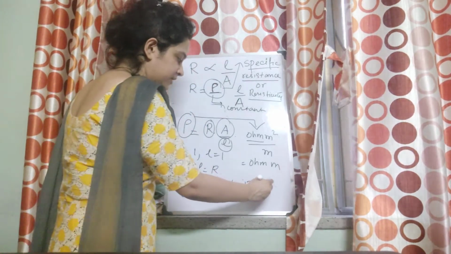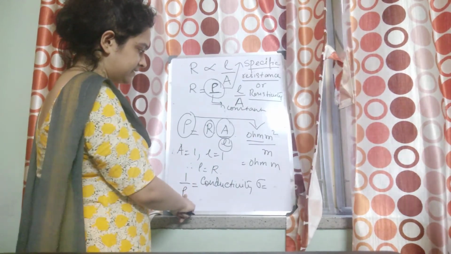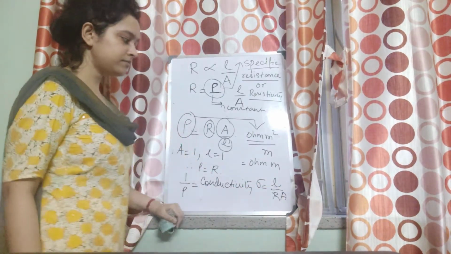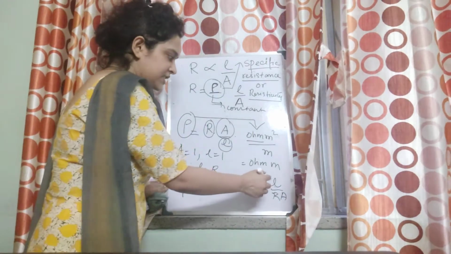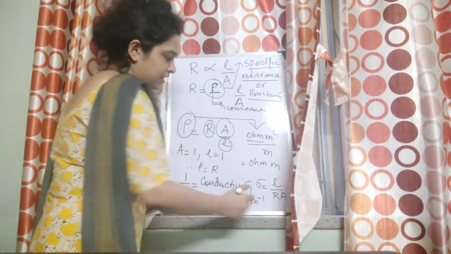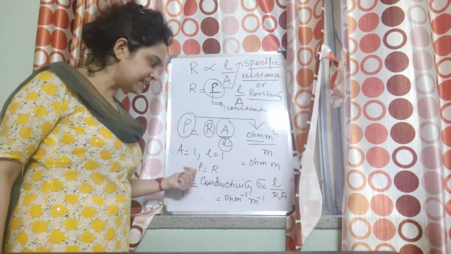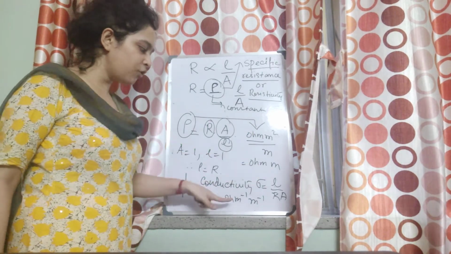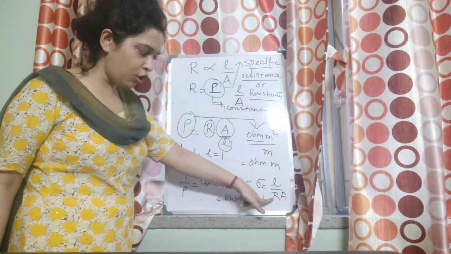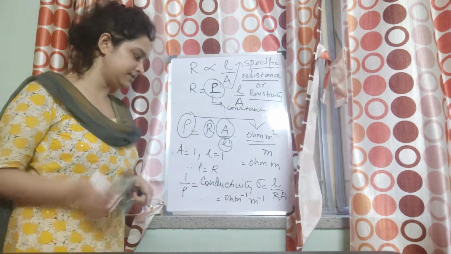This is equal to, therefore, what will it be? Just the reciprocal of specific resistance or resistivity. That means L by R A. So what will the unit be? Just check. It will come as ohm inverse, meter inverse. Obviously, if it is the reciprocal of specific resistance and specific resistance has unit ohm meter, then it will have ohm inverse, meter inverse. It's a reciprocal. You can check from here also. Meter by ohm, meter square. So meter and 1 meter get cancelled. You're left with ohm inverse, meter inverse.